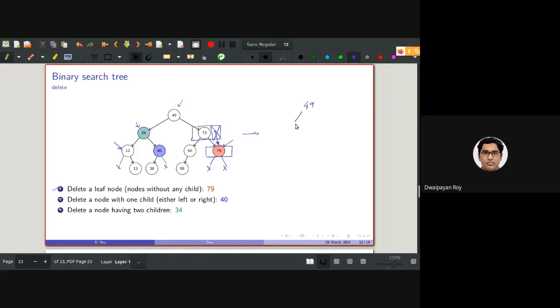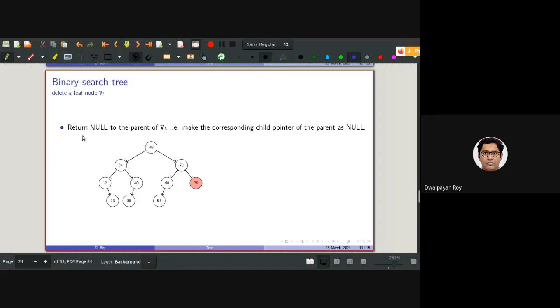The left subtree will remain the same and the right subtree will look like 73. The left subtree of 73 will remain as it is, so 60 and 55, and this will be null. So to delete a leaf node, we just need to return null to the parent of the node we want to delete.